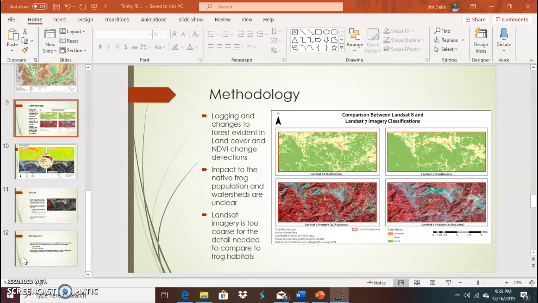One of the problems I ran into during the lab on land cover classification was that the water source of the Trinity River was often only 1 pixel or less wide and was difficult to classify as a result. One area of further study would be to create a watershed from elevation data to examine water flow. Then compare areas of logging with creeks and tributaries to see if any of the logging runoff could impact wildlife in the Trinity River.